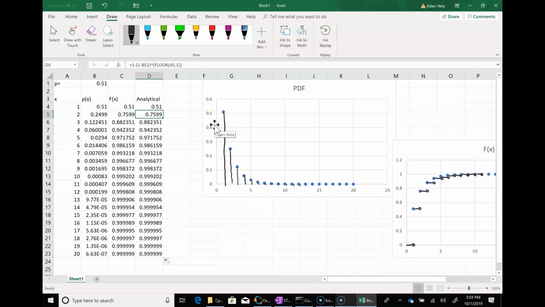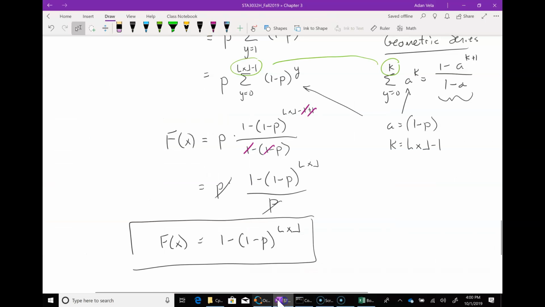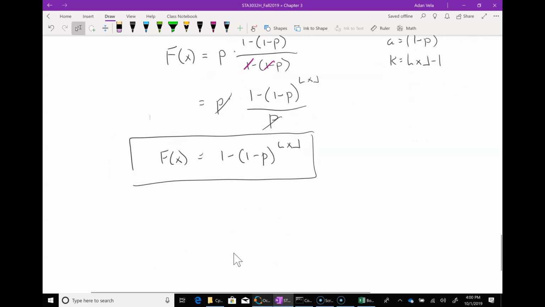Okay, so you can see how going from a PDF that is defined by an analytical equation, we could calculate the CDF and provide an analytical equation. And again, what I mean by the analytical equation is this guy right here. And so this is going to be really common with families of distributions. So we're going to be able to write down equations for the PDF and the CDF. Now the CDF is really, really useful,